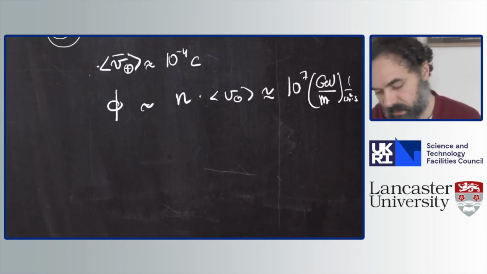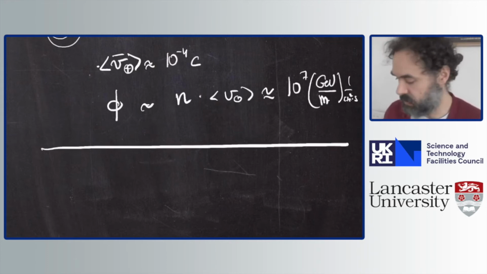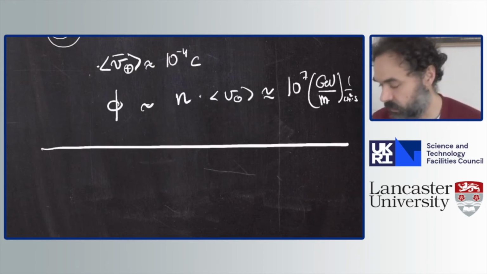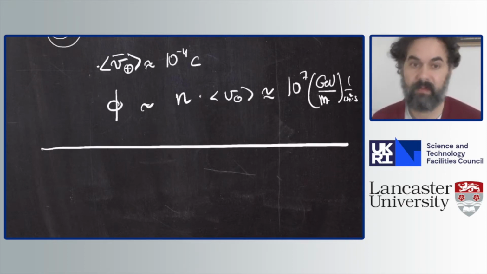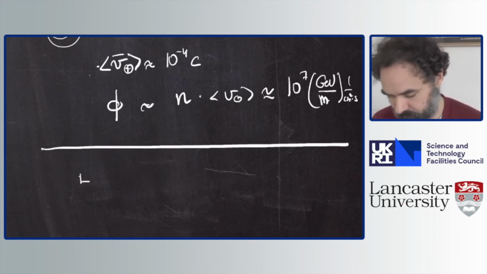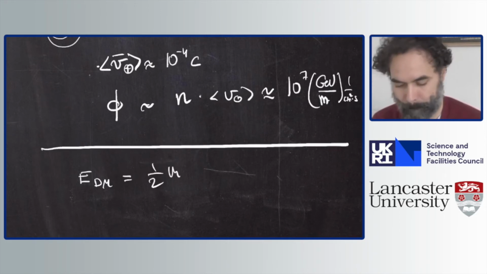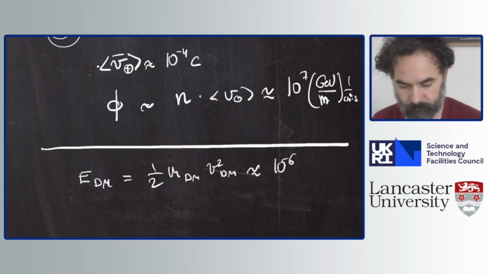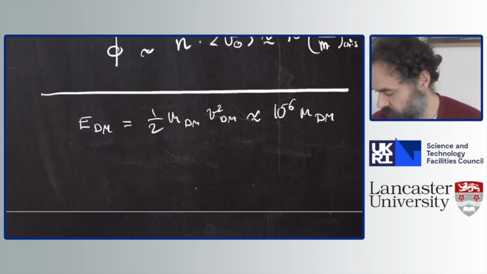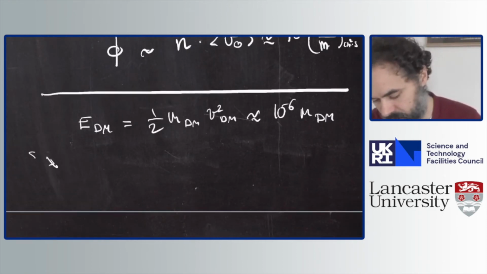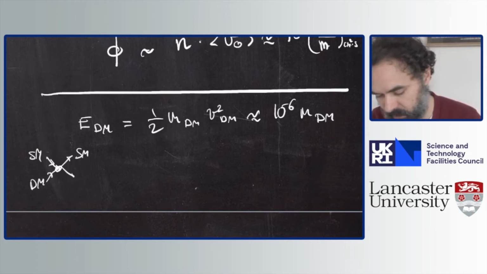Once we know these numbers, the next thing is to compute how they generate scattering events in a detector. For this, we first have to do some kinematics. Remember that the energy of the dark matter particle is simply the typical kinetic energy. And if you do a scattering event of dark matter with standard model particles,